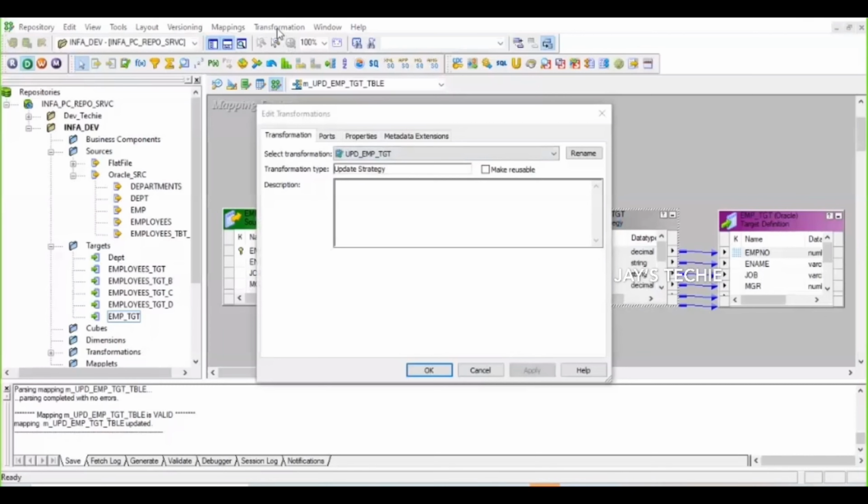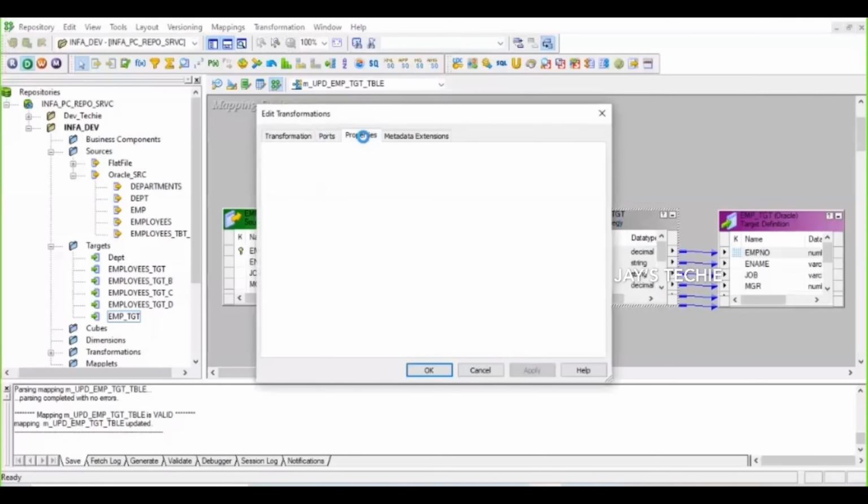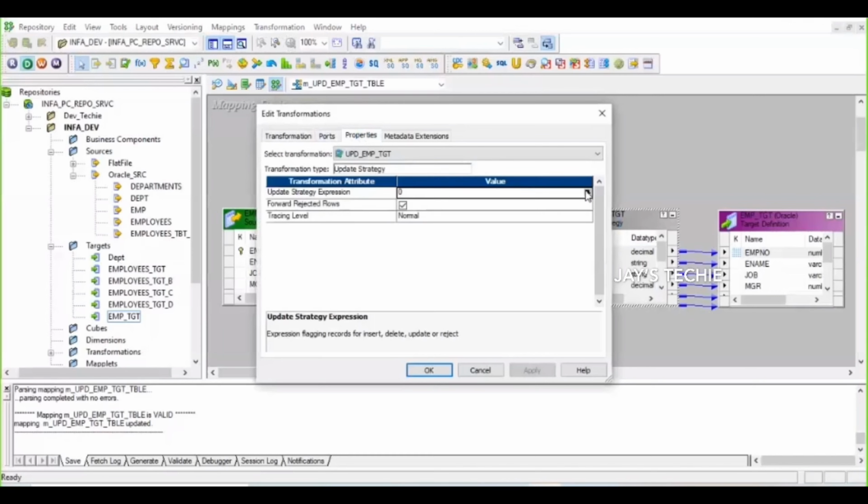As I said before, go to properties. Once you go to the properties, for the update strategy expression you can give DD_UPDATE, DD_INSERT, DD_DELETE or DD_REJECT. Now I'm going to give DD_INSERT, or you can also mention the flag. You know that for DD_INSERT the flag is 0. If you give 0, by default it is going to be an insert.